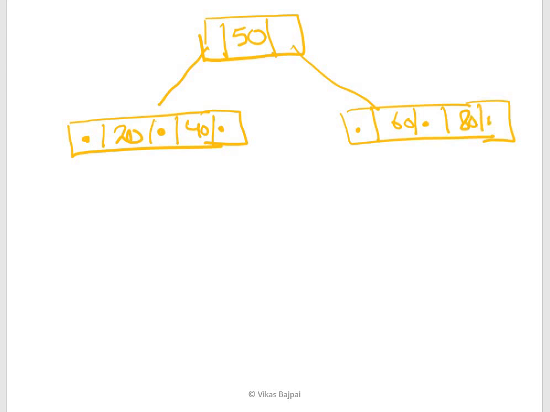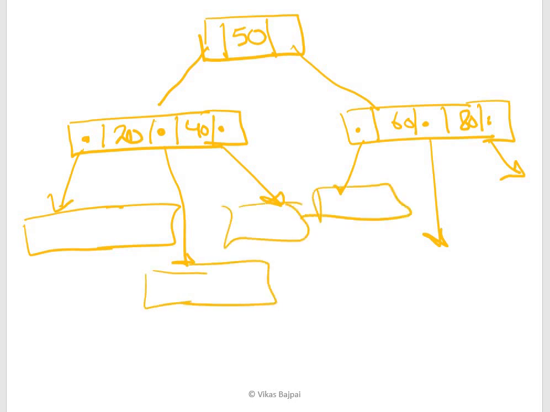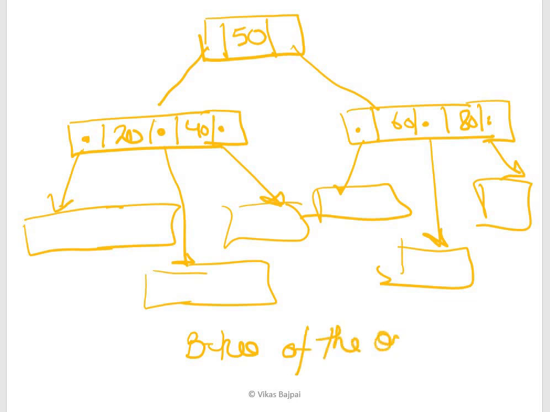Then further we'll have the same combo from this end. Here also we'll have the same kind of combo. So if we have all these, I'll get a B tree of the order 4. So the order of my B tree will be 4.